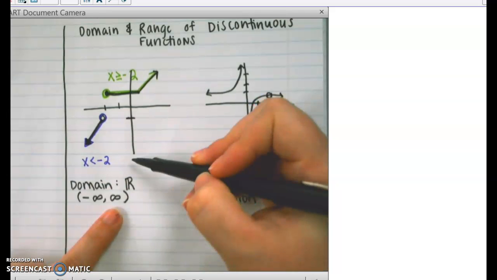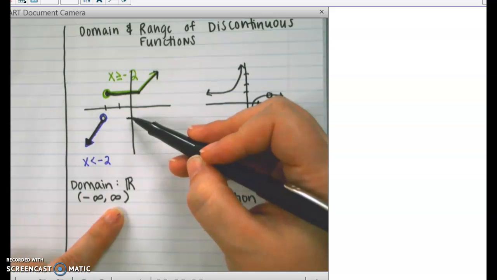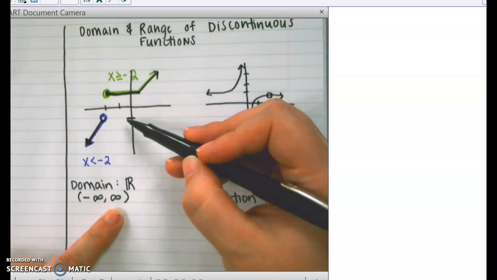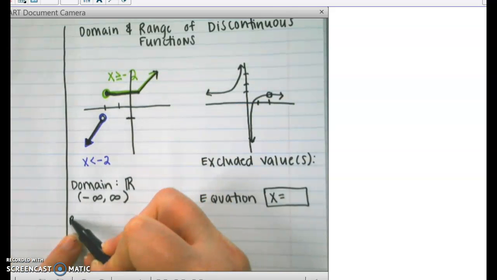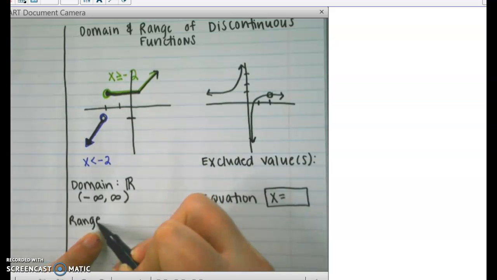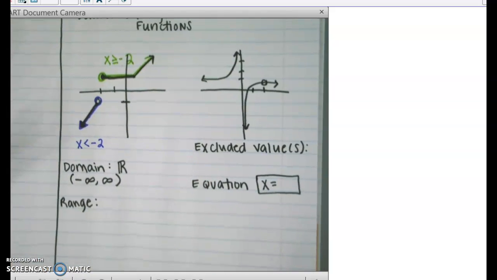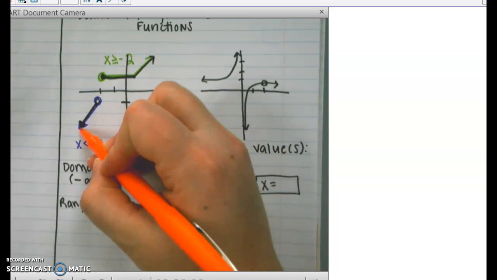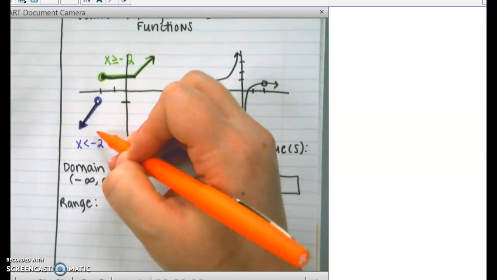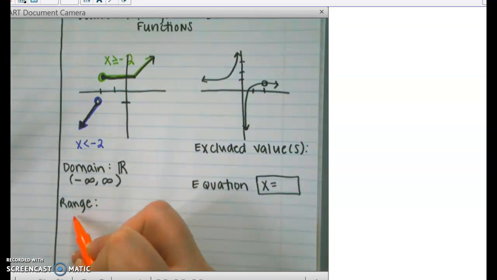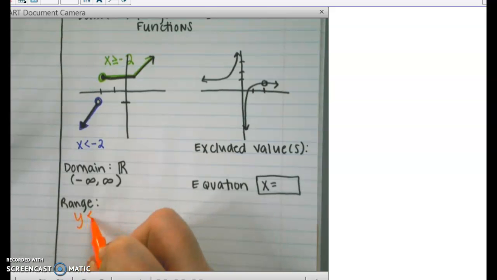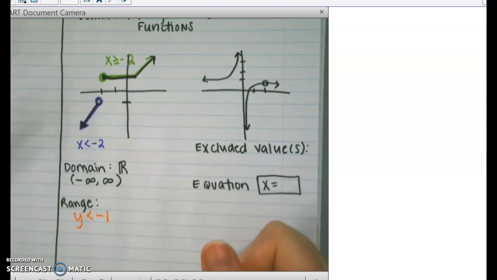But if you look, it only goes up until negative 1, and it does not include negative 1. Because I have multiple pieces, this is going to start to look a little funky. Again, it's going to be like a multiple choice situation, and so you just have to pick the right choices. But if I'm doing the range for this, it's negative infinity up until negative 1. That would be the same thing as saying that my y's are less than negative 1,